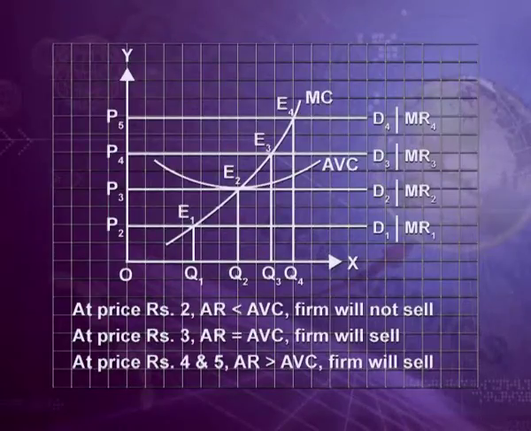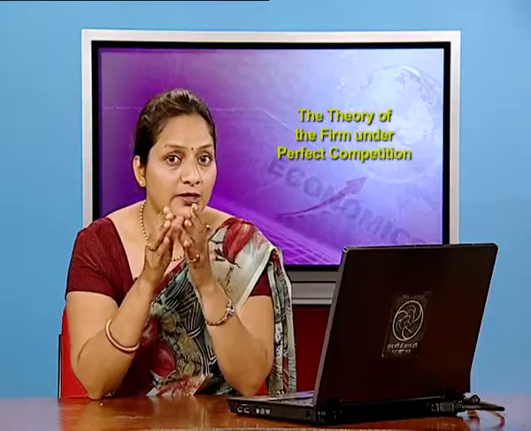We are presenting a graph here in which level of output is taken on the x-axis and the corresponding prices are taken on the y-axis. The firm will produce and supply an output at the point at which marginal revenue is equal to marginal cost, as this is one of the essential conditions for profit maximization. And at the same time, the firm will produce only if price covers at least average variable cost,